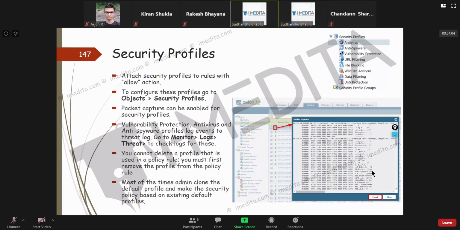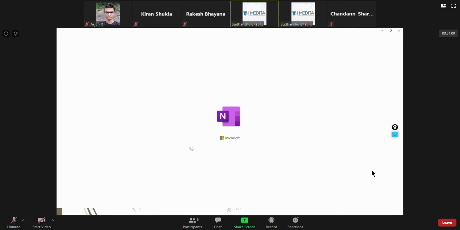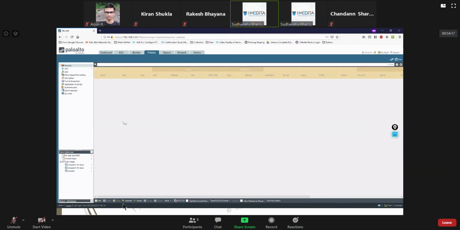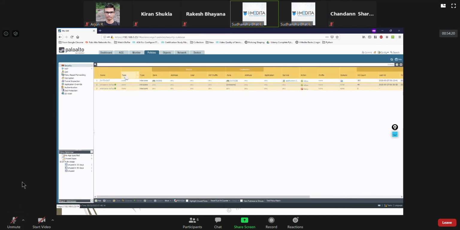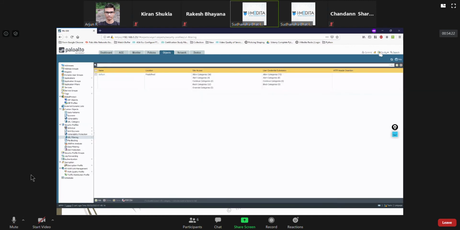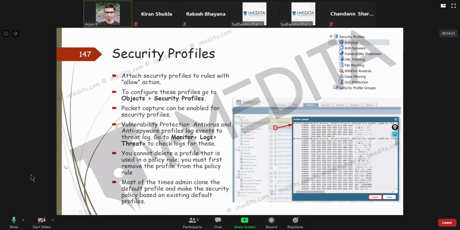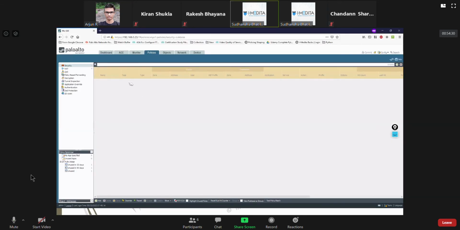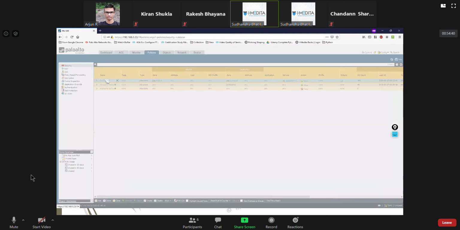You cannot delete a profile that is used in a policy rule. That's obvious. If you have one of these profiles in a security policy, you first need to remove it from use and then delete. You'll have to remove it before you try to delete, because it's like a reference in the database.